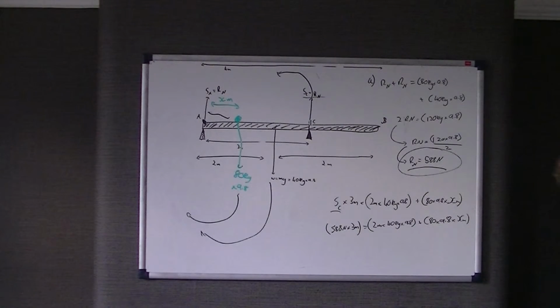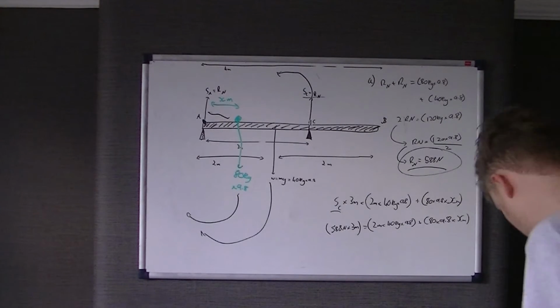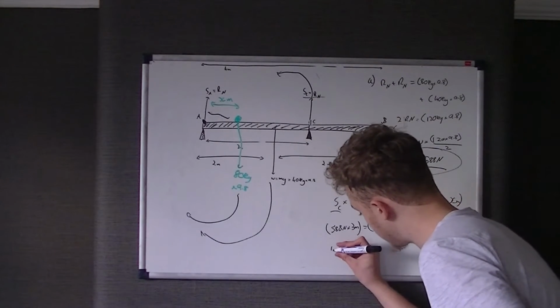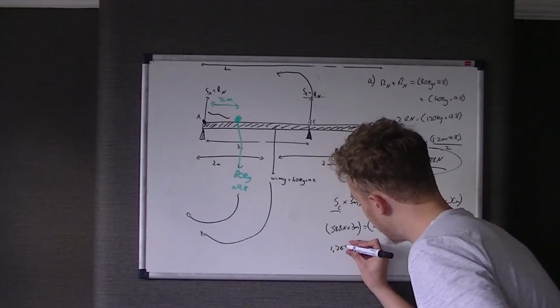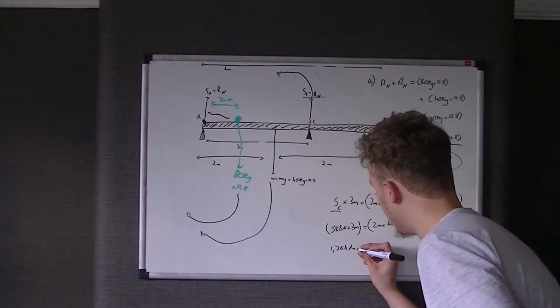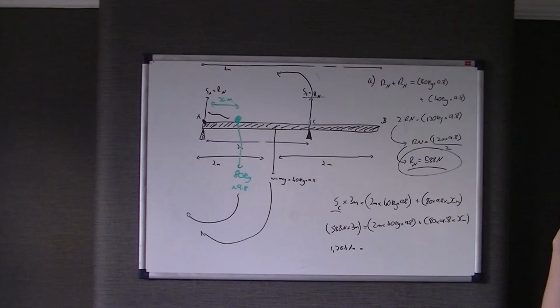The 588 times 3 comes to 1764 newton meters. Don't forget the newton meters. And then 2 meters times 40 kilograms times 9.8 obviously comes to